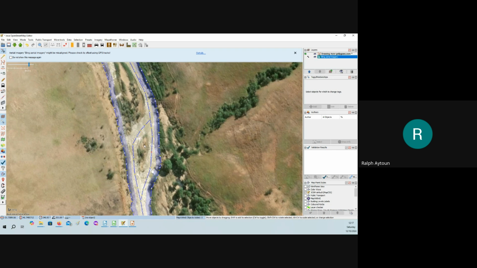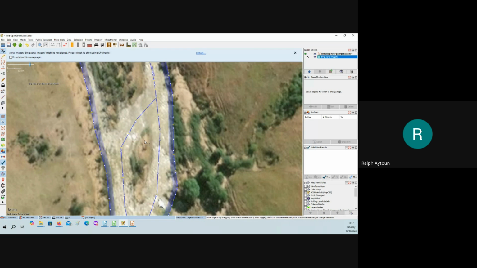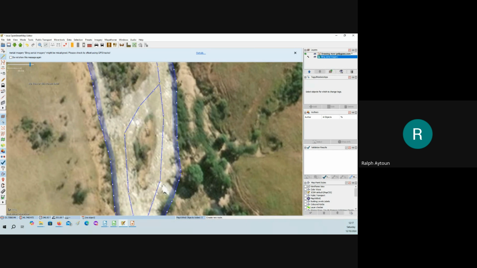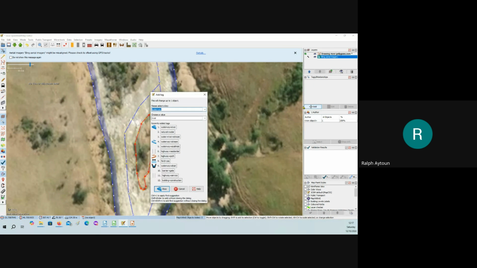Now what do I do with this in the middle here? Okay, I use my line tool, press A on my keyboard, and then I go around the outline of this piece of land in the middle here. Select that. Now, I want this to be separate from the river. I don't want it to be identified as the river. So I would add this as a place,